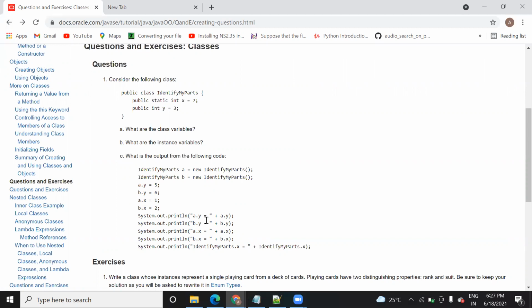So here it is printing 5 6, a dot x. A is a variable here. This is a class, so the class can be used for variable x.